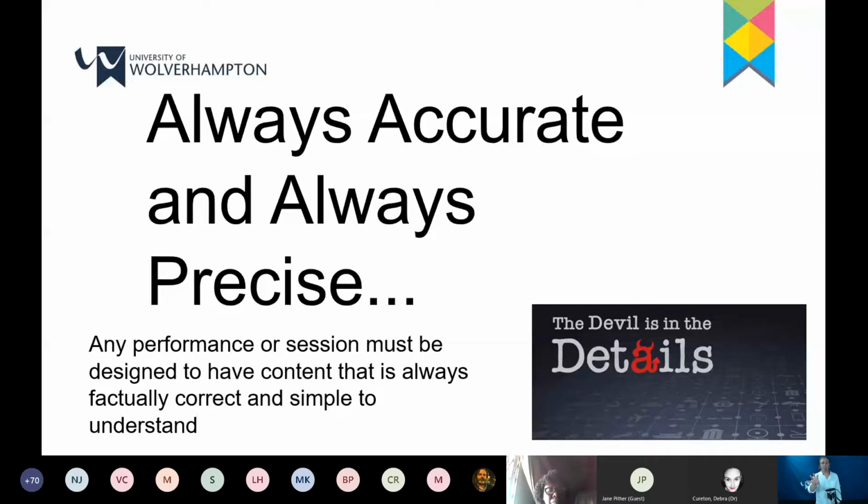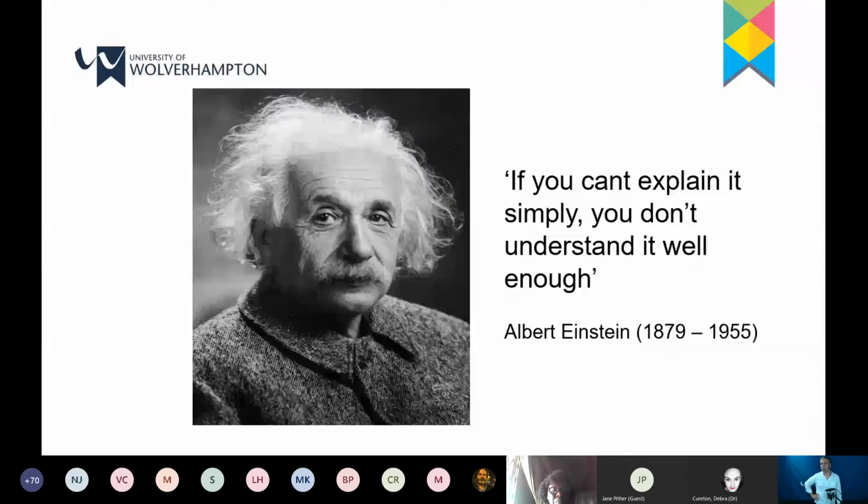But you can't talk to them often like you're talking to a colleague at work. You've got to be simple to understand. And this person here is probably quite highly regarded as being fairly clever. Albert Einstein said,